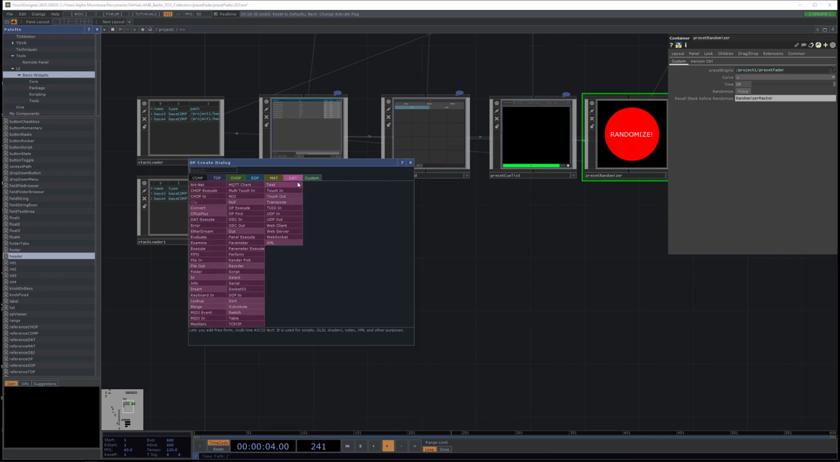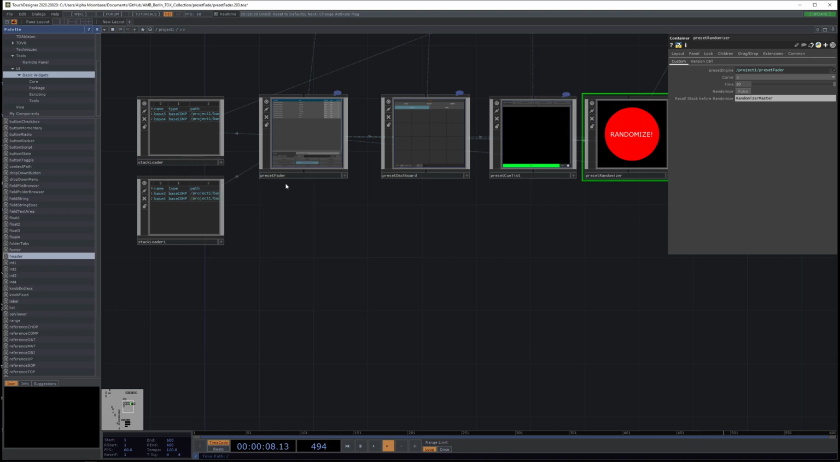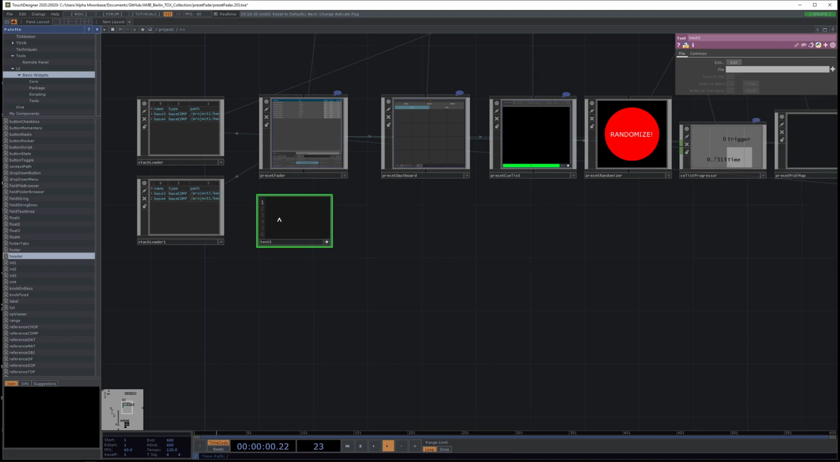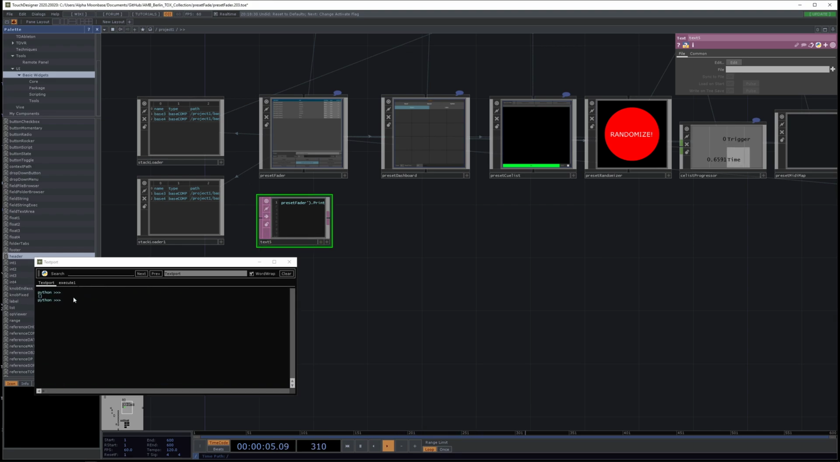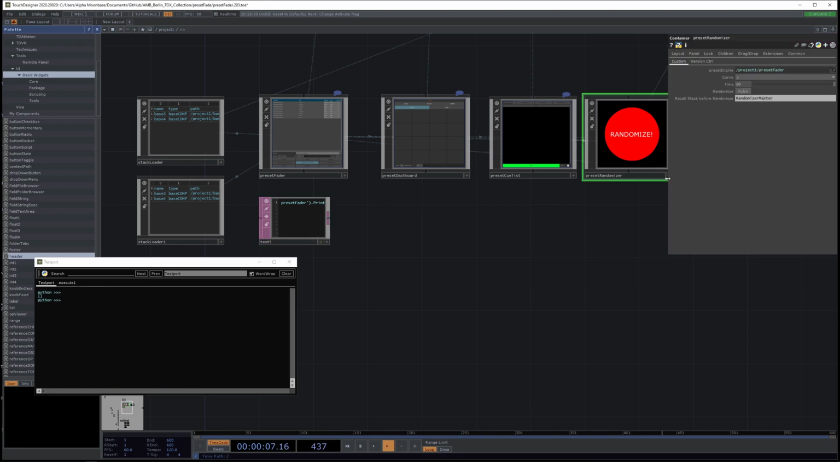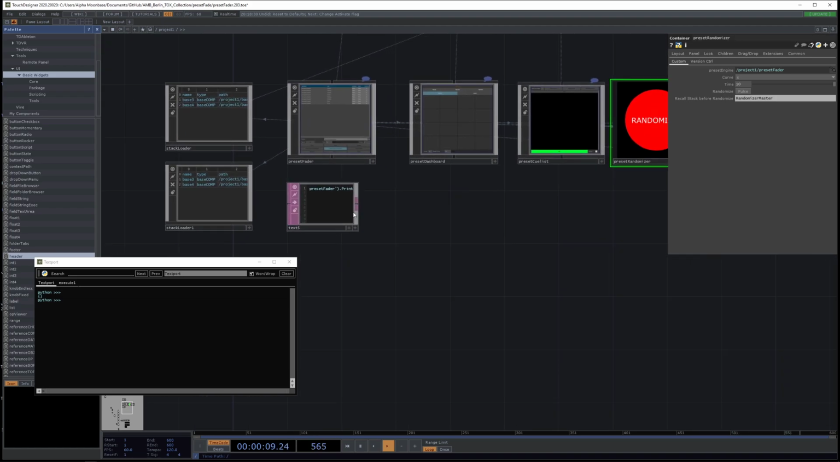I want to just create a small text here and say op preset fader print fades. This is just a small debug thing I created. So when I press this one, you see it's empty, but the moment I press randomize here,